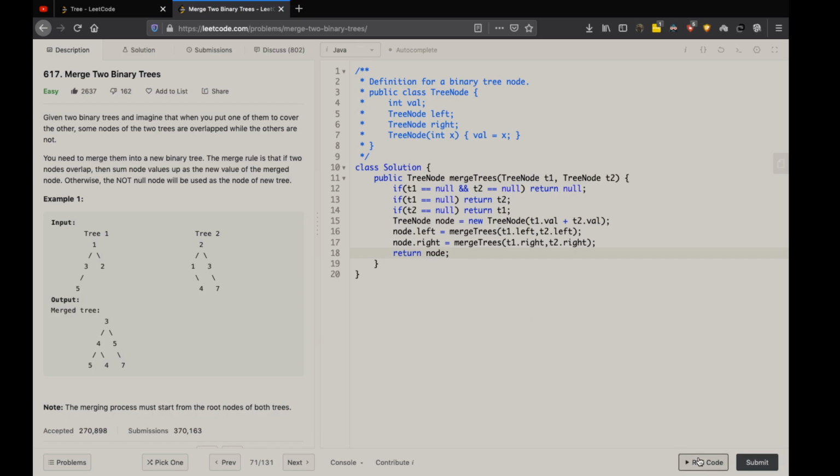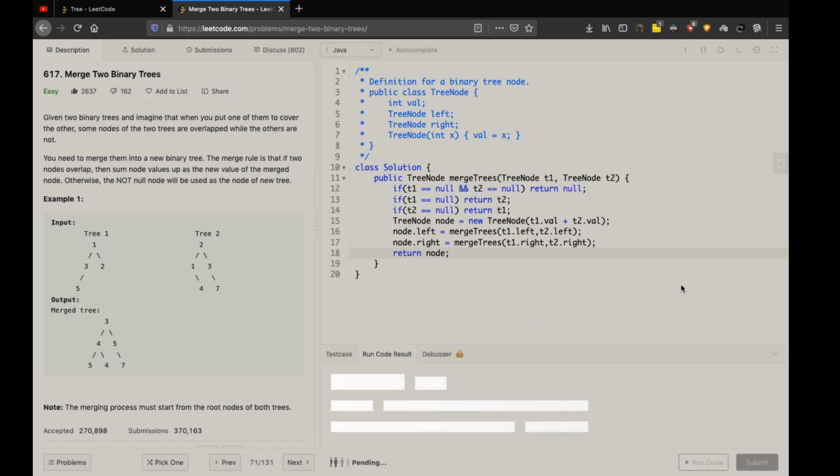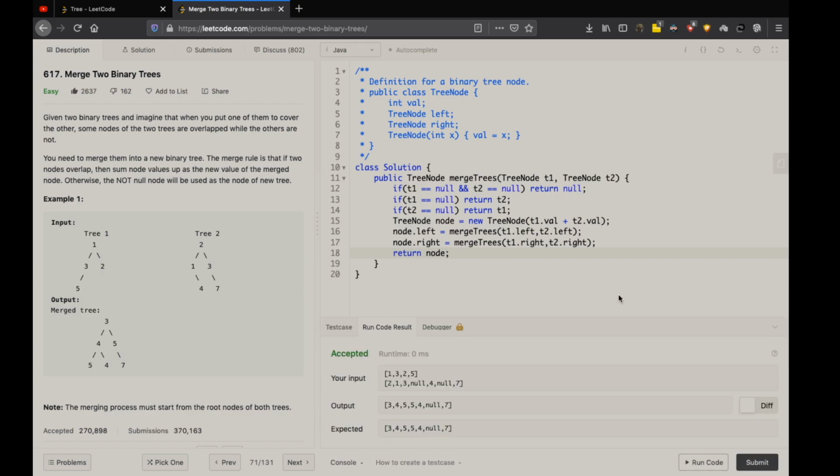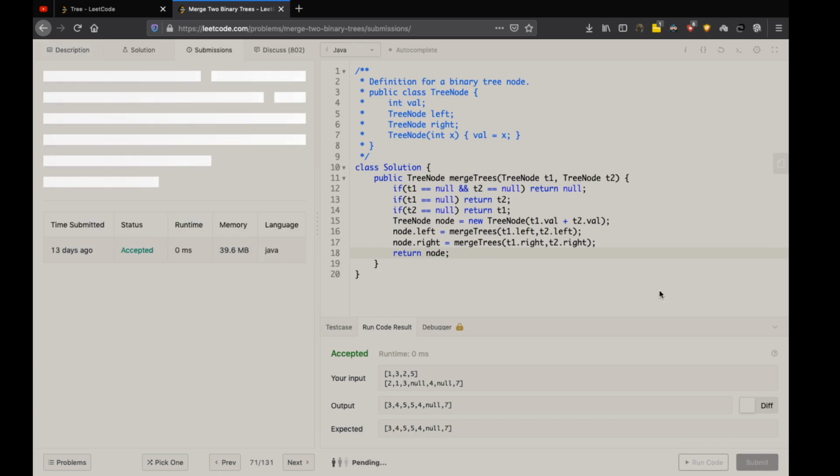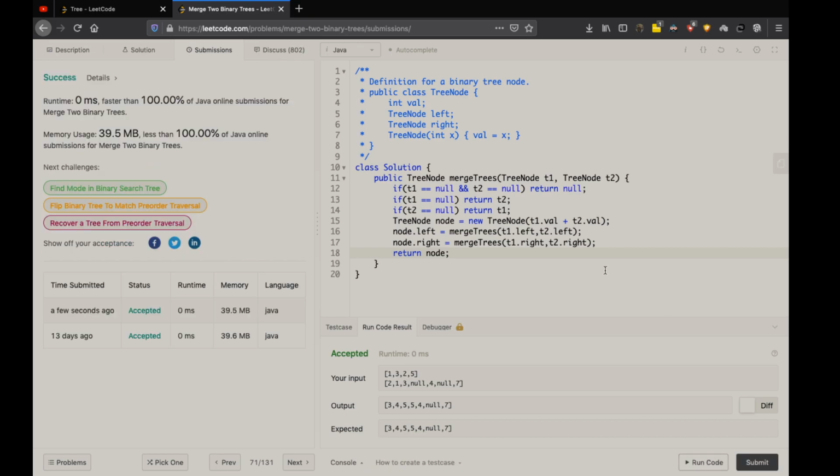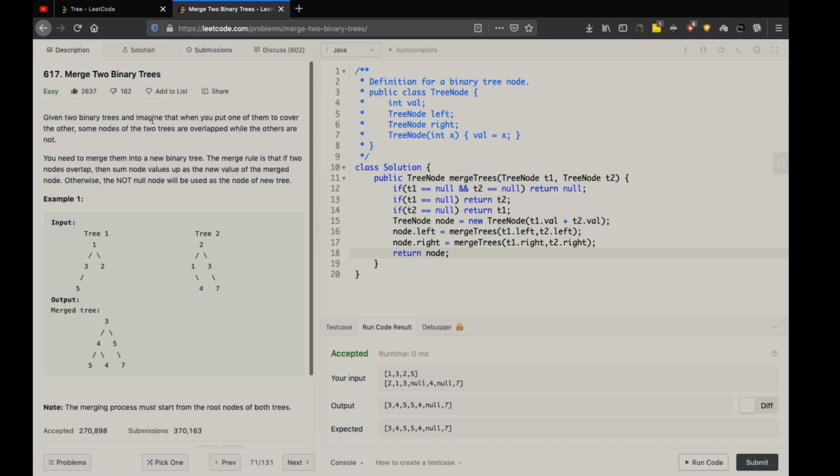So let's just run this code. It is working fine for this particular scenario. Let's just hope it does for the entire test cases that are present in this particular question. Yes, it does. So it is a very simple problem, and it was asked to me in an interview at OYO actually. So I did the entire similar thing. I told him the entire solution, and he was quite satisfied with it.